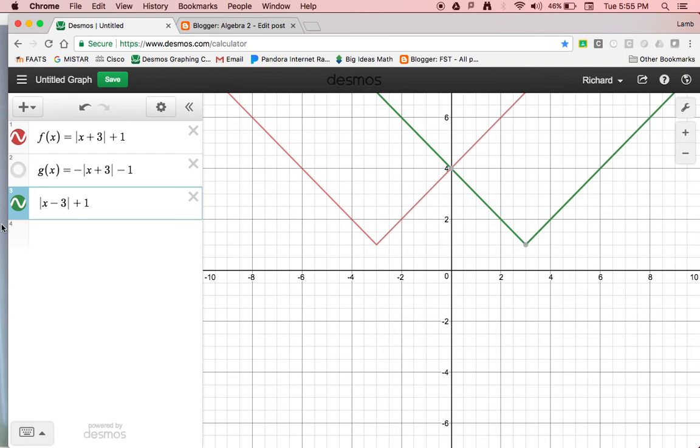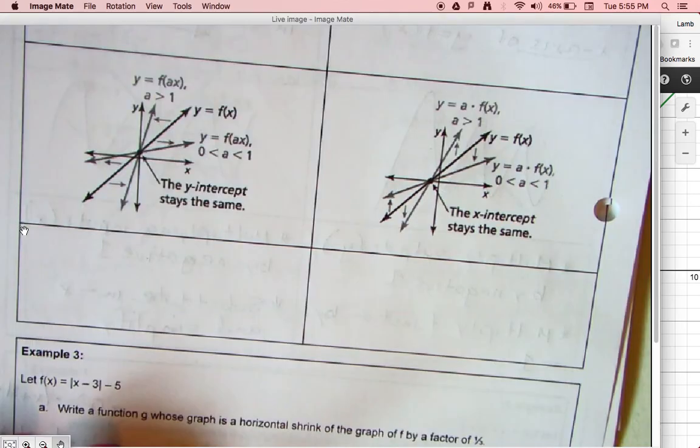Alright. The third one, and if you notice on the next page, your third page says stretches and shrinks. We haven't talked about that at all. So that page right